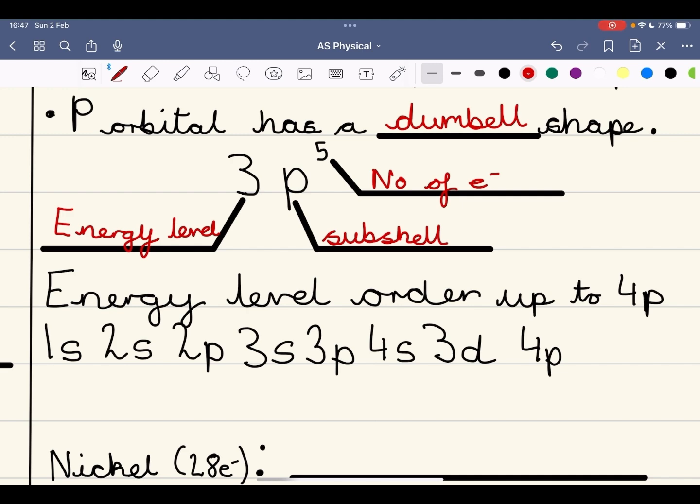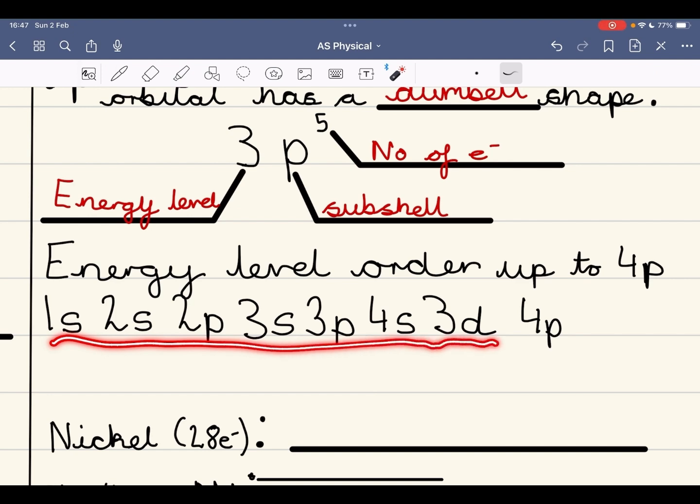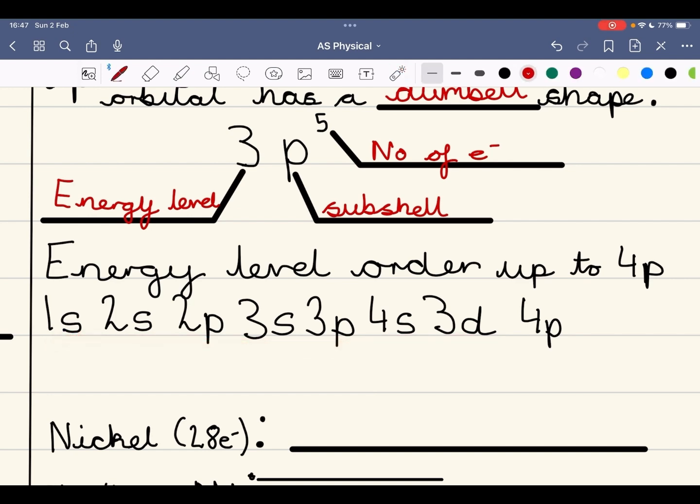Okay, so I'm going to do an example of nickel. So we typically just fill up all the energy levels in this order until we reach the number of electrons we have. So we have 28 electrons. So I'm going to do 1s2, 2s2, 2p6, 3s2, 3p6, 4s2,